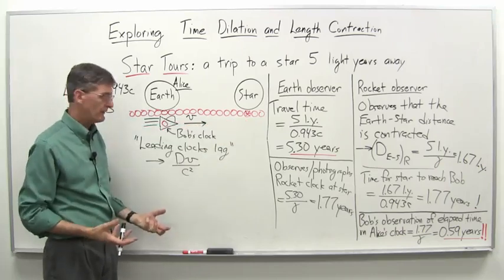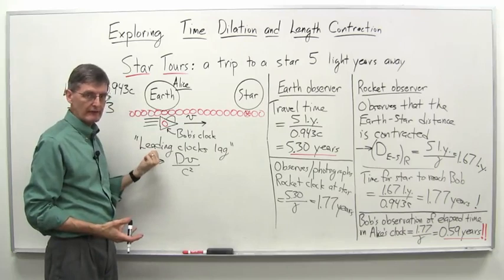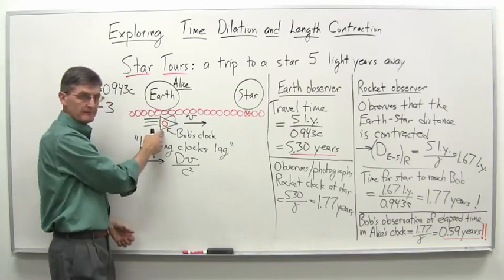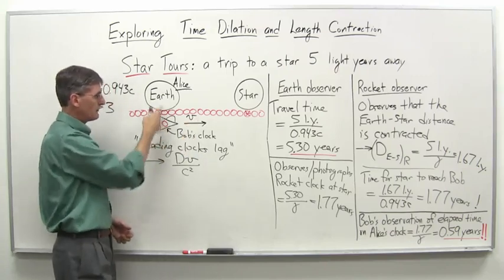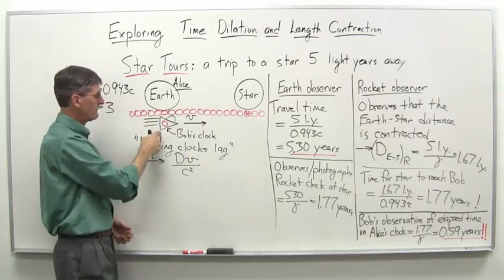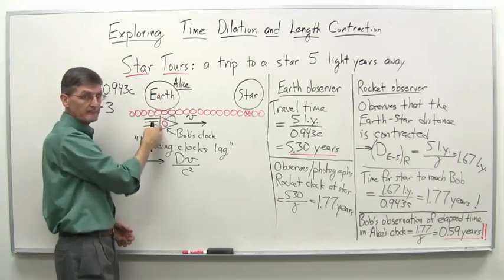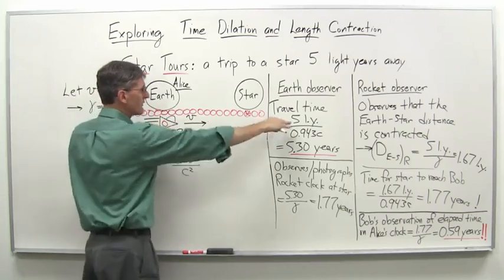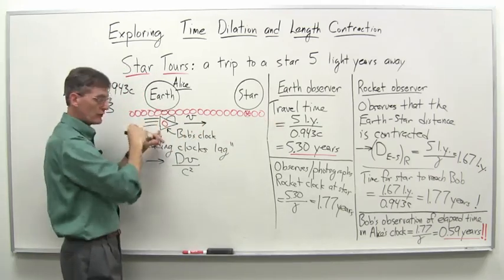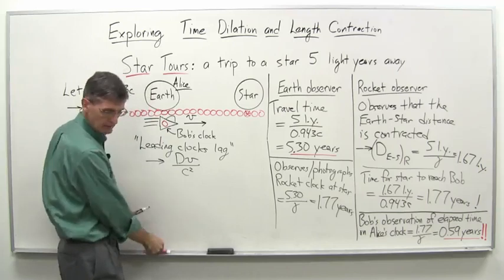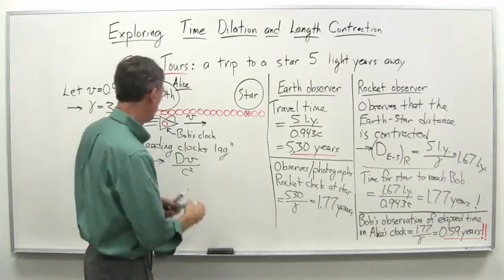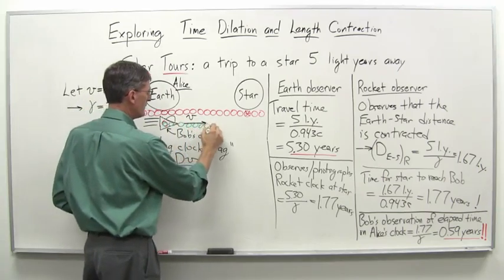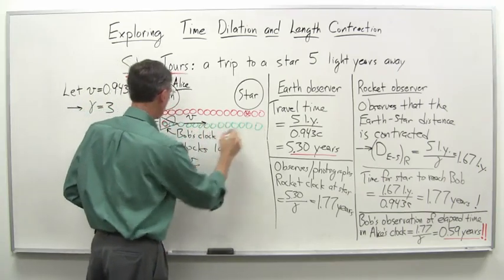How do we understand that? Well, it's the leading clocks lag factor. It's the relativity of simultaneity. Because at the beginning here, right when Bob is next to Earth, the star is moving toward him, these clocks, they both read 0. Well, at that point, for Bob, if he had his whole lattice of clocks here and took photographs, so Bob has his own lattice of clocks. Let's find my green pen here. So Bob, I guess we'll make that green there, has his own lattice of clocks,